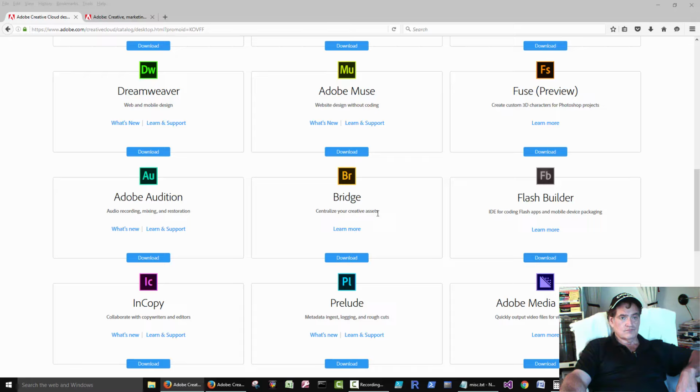Flash Builder. So I guess Flash is still around. IDE, Integrated Development Environment. Like when you open Word, you know, that's a development environment. Kinda, you know, you're inside one application, and Word has all types of tools, things on the menus and things like that, or things on the ribbons. You know, it's an integrated development environment. You know, of course, there's a lot more to it than what you would see in Word, but